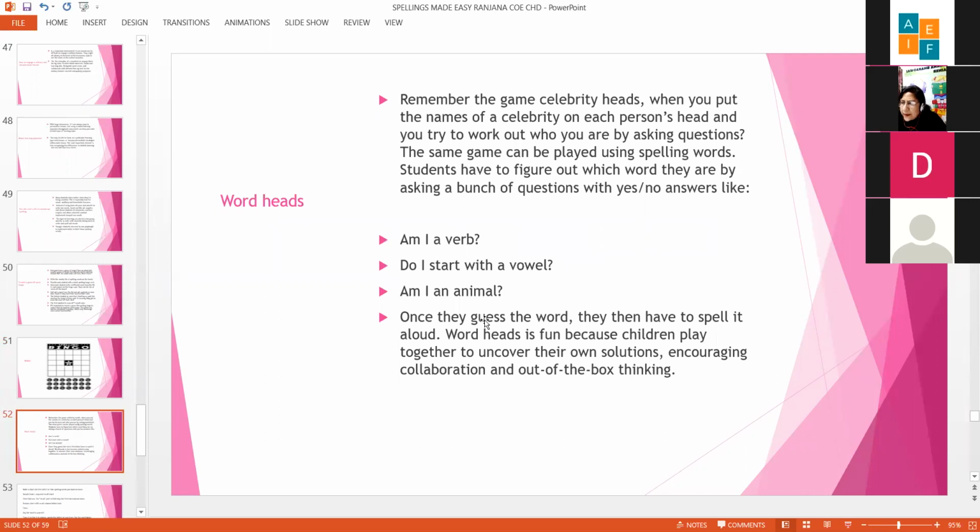So word heads can be given. If you give one word, ask the child whether it's an animal, whether it's a verb, whether it's a noun, and children can get words from the book. You can give a lesson from where they can pick up the word, and obviously they'll be able to learn whether it's a verb or noun, and whether it's a vowel sound or a consonant sound. This can be given initially as a list of words.